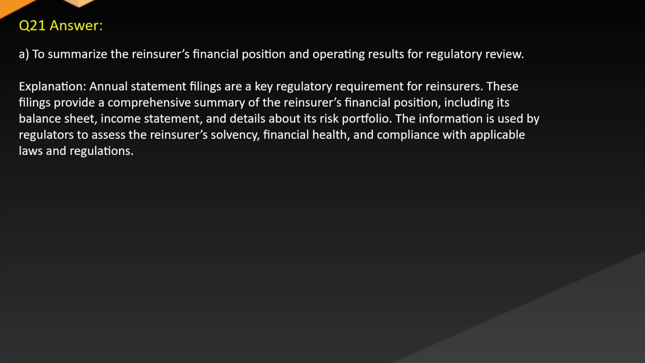Answer A. To summarize the reinsurer's financial position and operating results for regulatory review. Explanation. Annual statement filings are a key regulatory requirement for reinsurers. These filings provide a comprehensive summary of the reinsurer's financial position, including its balance sheet, income statement, and details about its risk portfolio. The information is used by regulators to assess the reinsurer's solvency, health, and compliance with applicable laws and